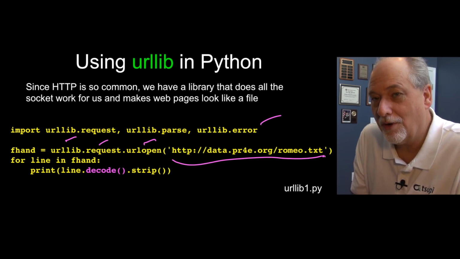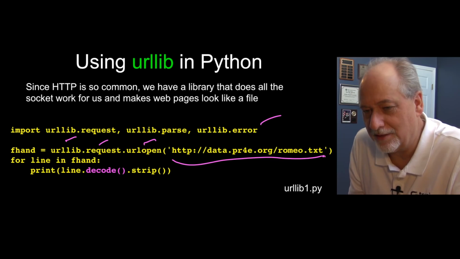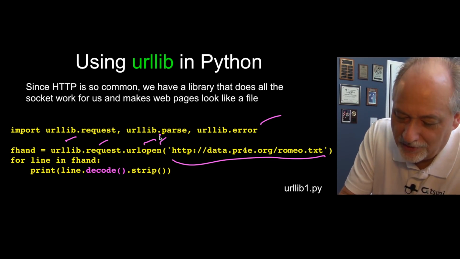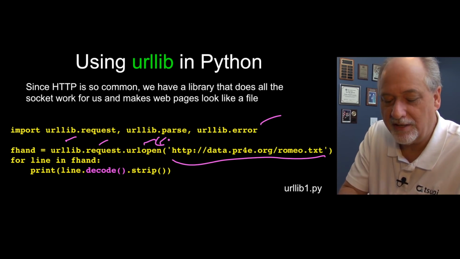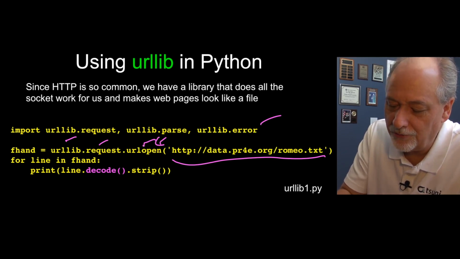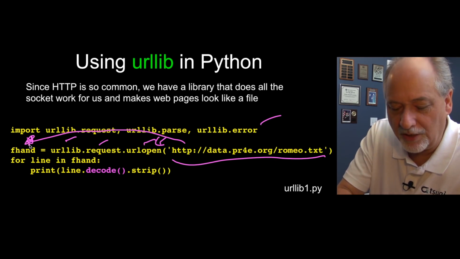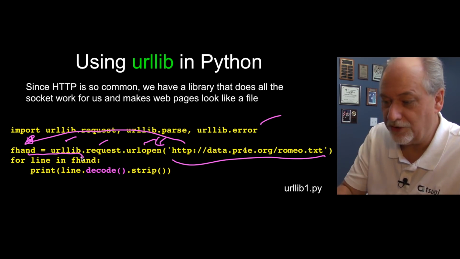Now what URL-lib also does is it makes the connection, encodes the GET request, and then it actually retrieves, at this moment, all the headers and keeps them for you for later. You can get the headers, but we're not going to see the headers. And it returns to you an object that looks pretty much like a file handle. Because you can put this in the for clause after the in. Now it's going to read